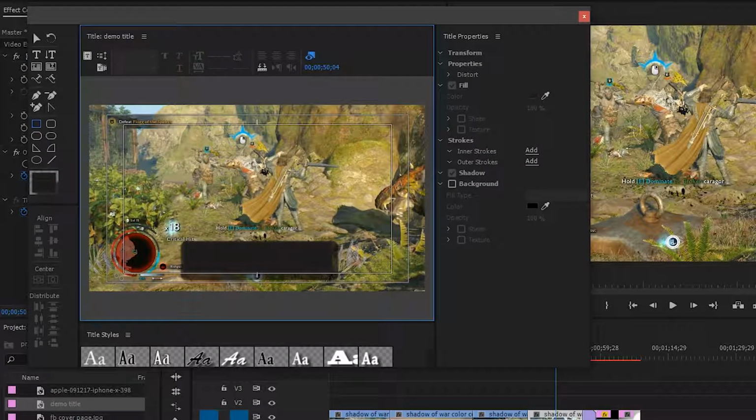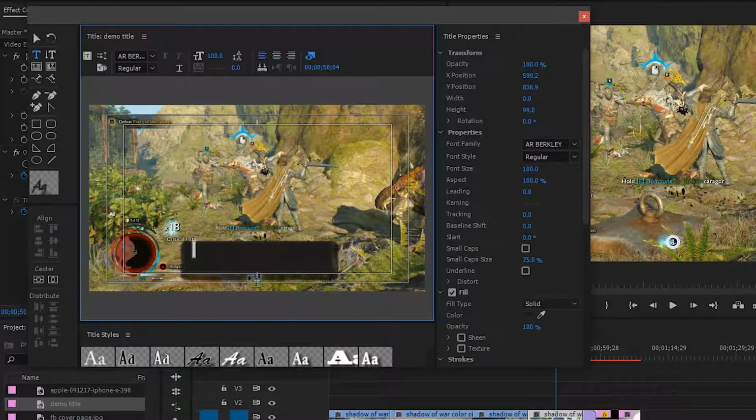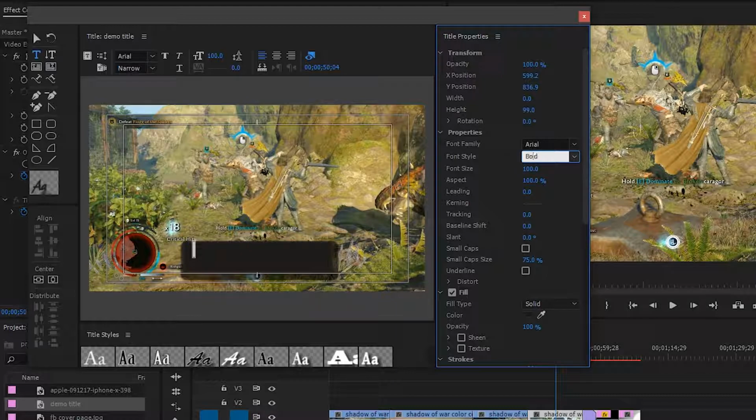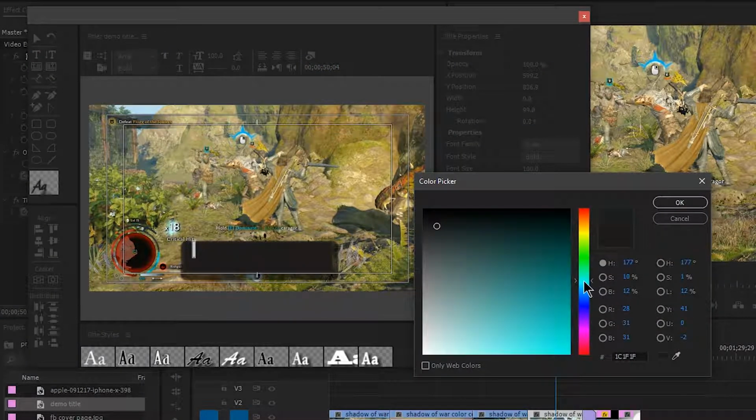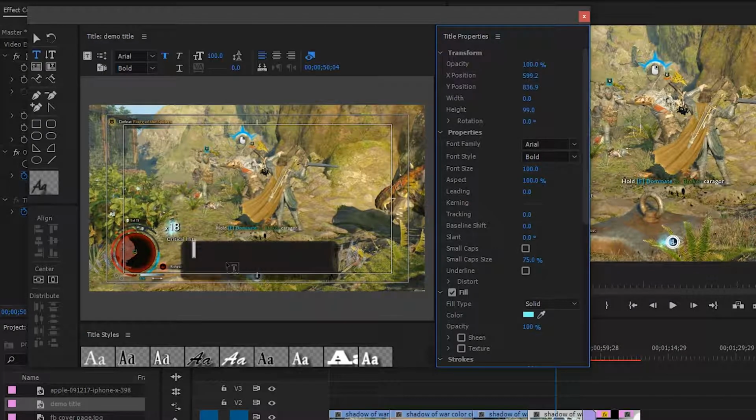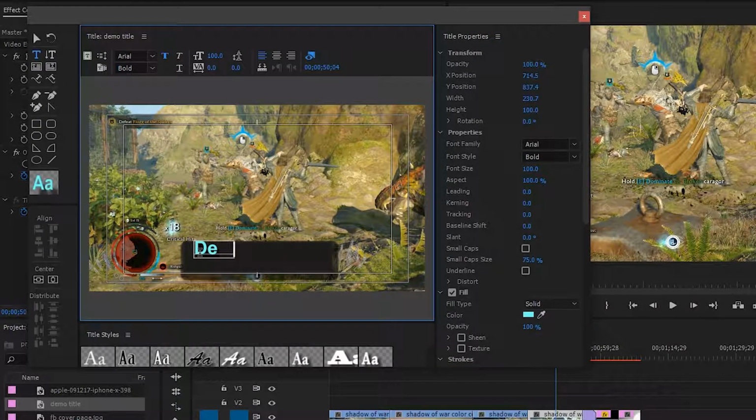any kind of graphic or any kind of icon. If you want, you can add those. So you need to click on this type tool and click on it, and here I'm selecting the Arial because this font is really good, and bold. Okay, now select any particular color, suppose this color. Okay, now write anything, suppose demo